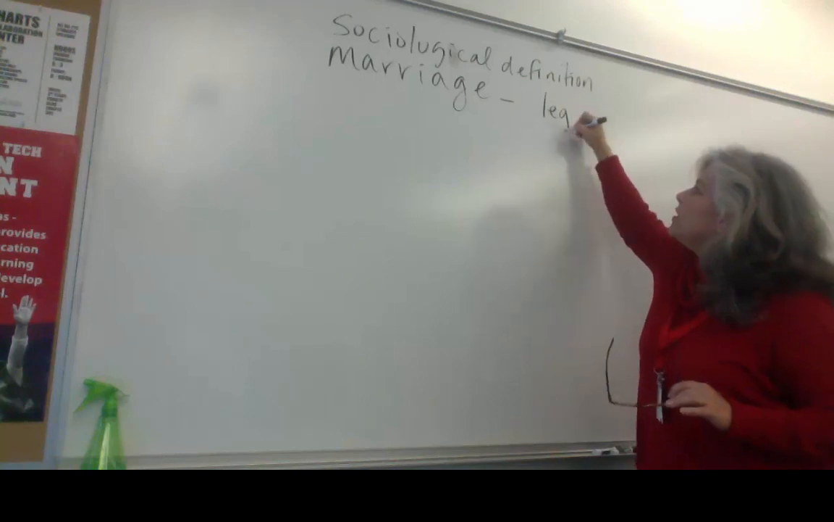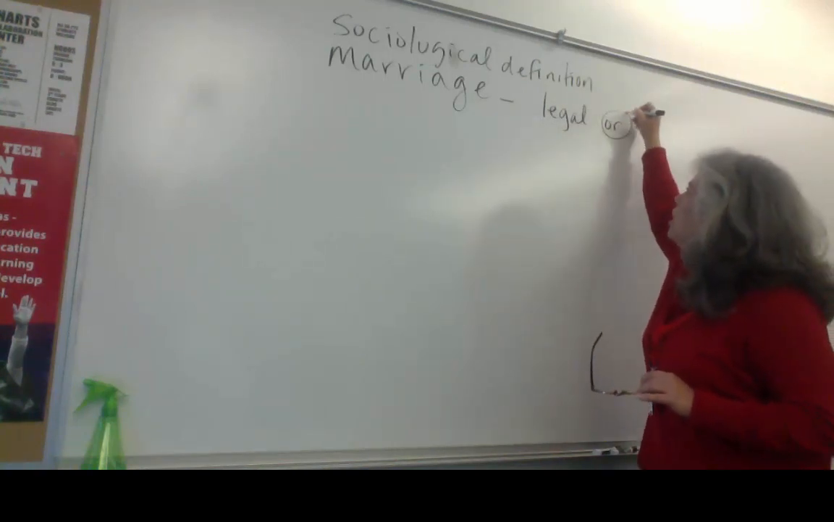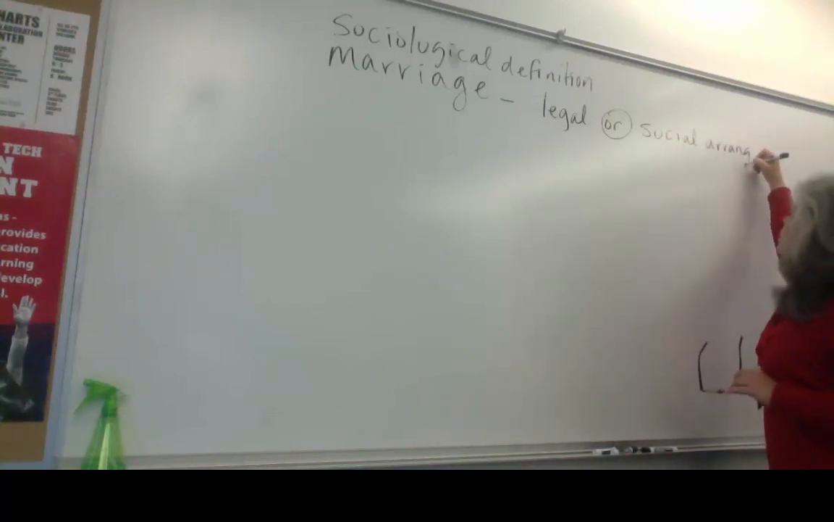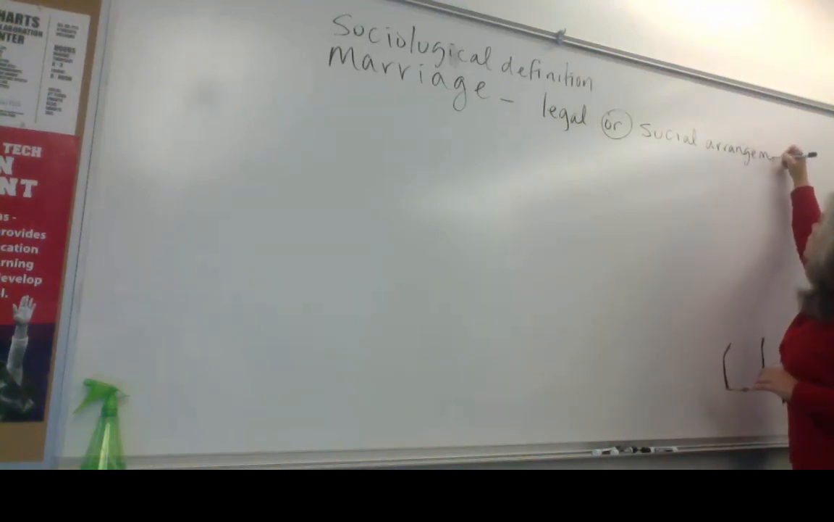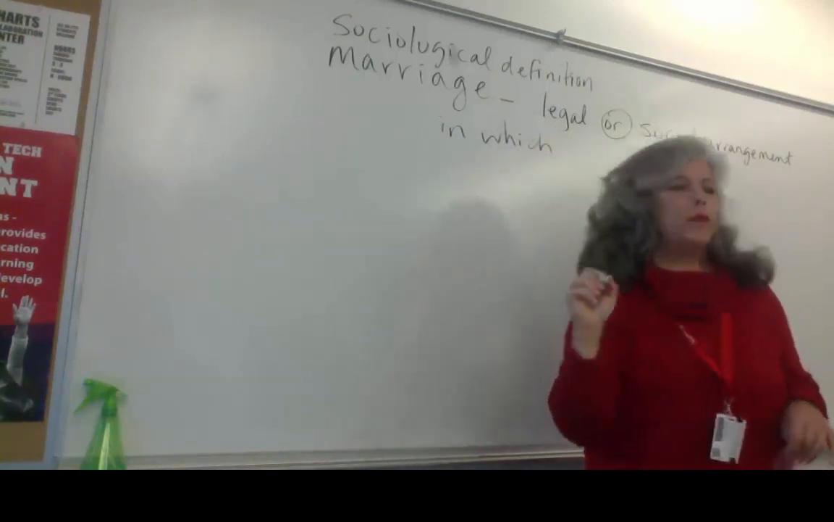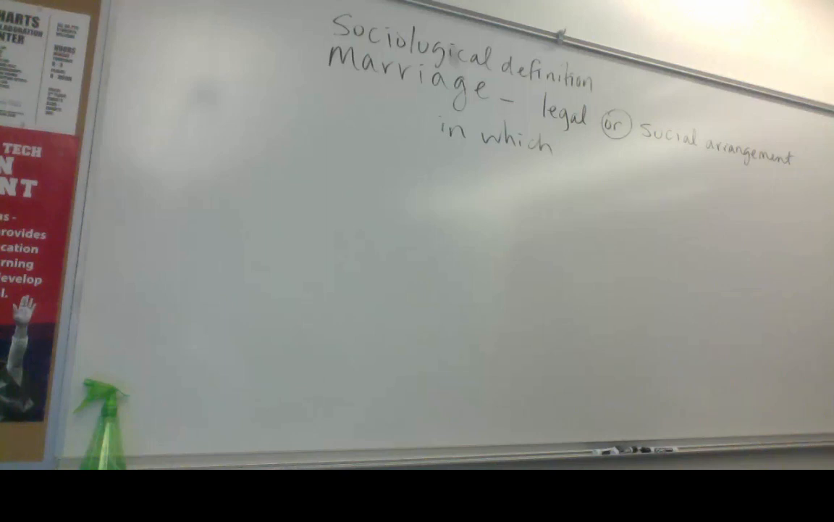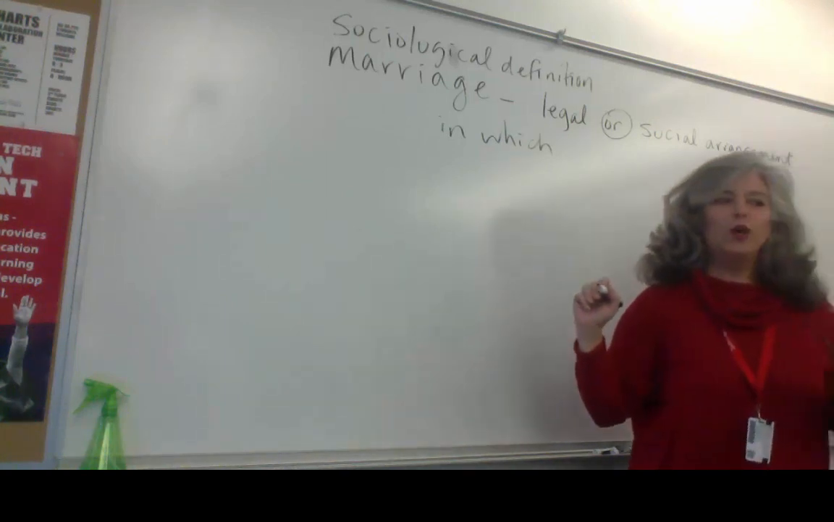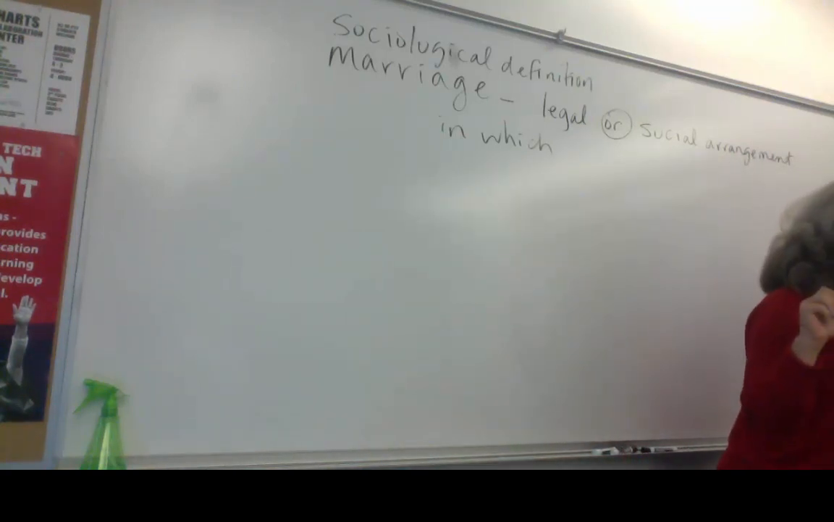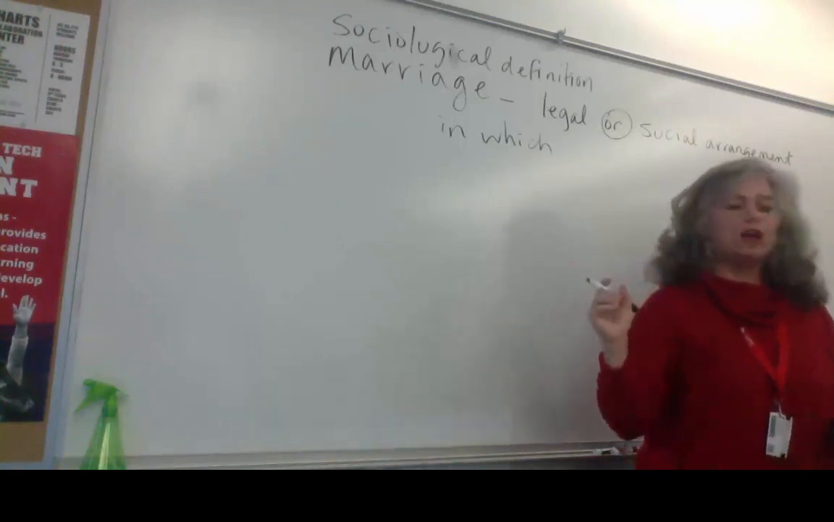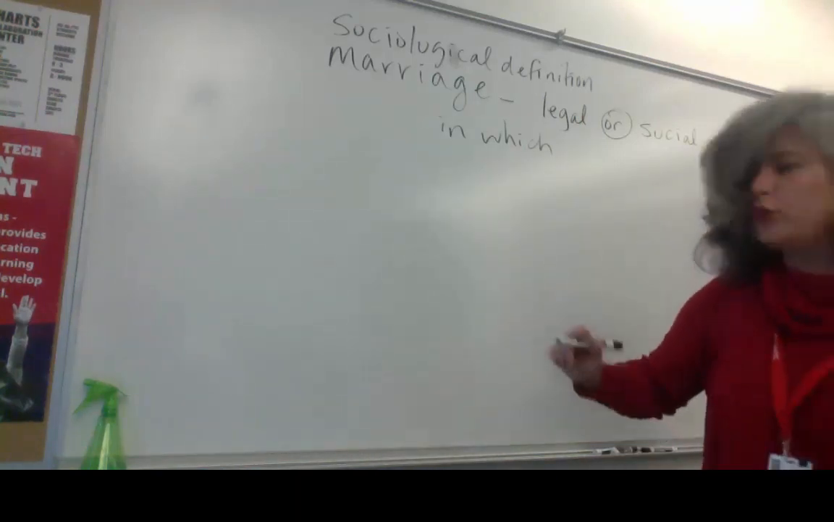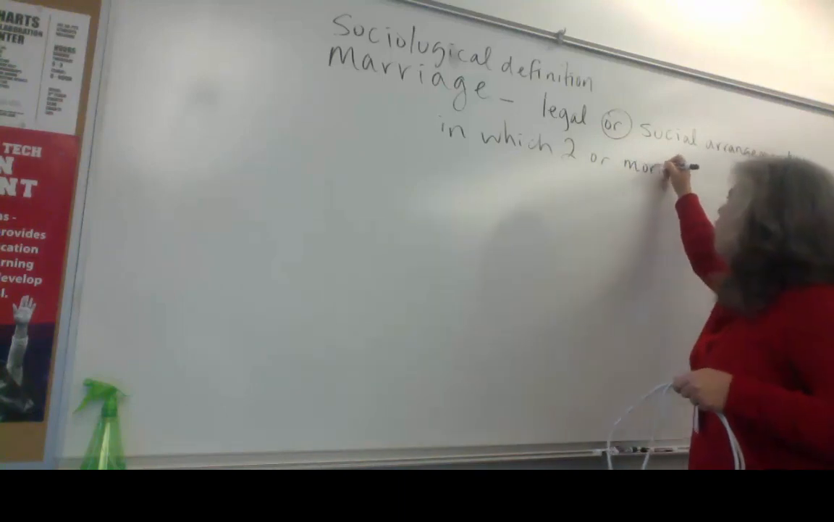It is a legal or social arrangement in which, how many people? Two or more. We have to get the two or more. This is a sociological definition of marriage, just like we did a sociological definition of family. We have to be very, very general in our definition in that case, because definitely we have to put the two or more, in which two or more people